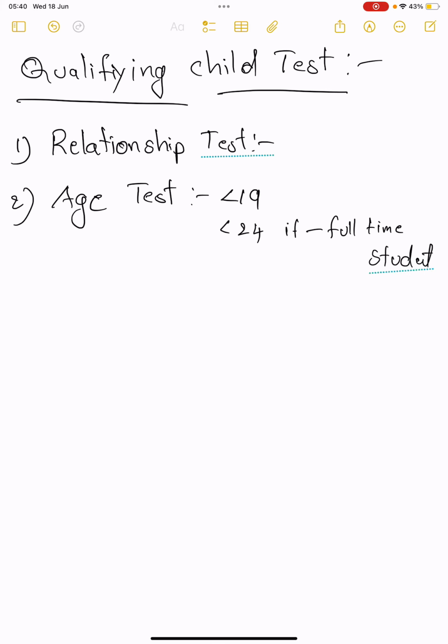The third one is, regardless of any age, if the child is permanently disabled, then he will be qualifying as a qualifying child. And the third test is